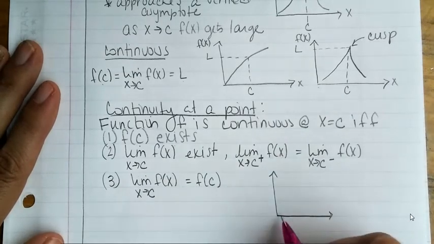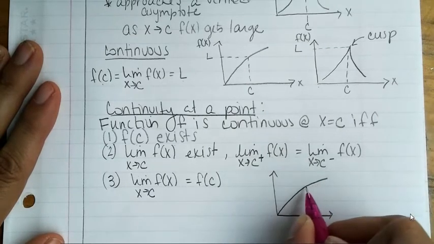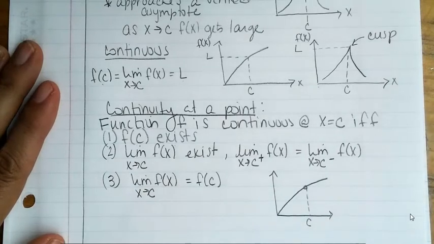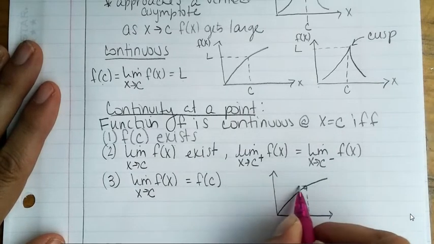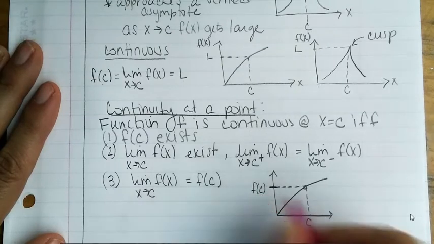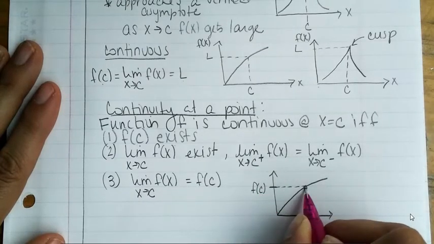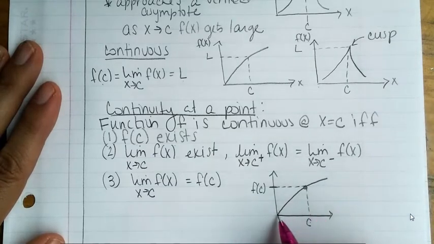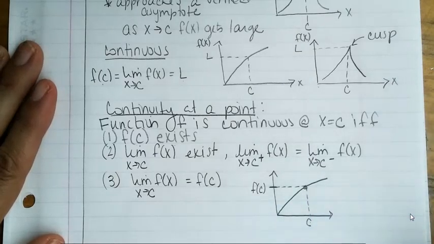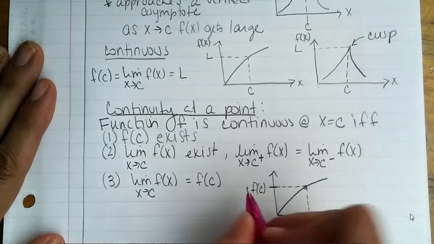To give you an idea, again, I'll just make it really simple. So at this point where C is, let's see, f of C exists, right? And it's equal to the limit. And the limit as I approach C from both the left and the right is the same. Okay, so all three of those are being met. So we can say that this equals limit continuity